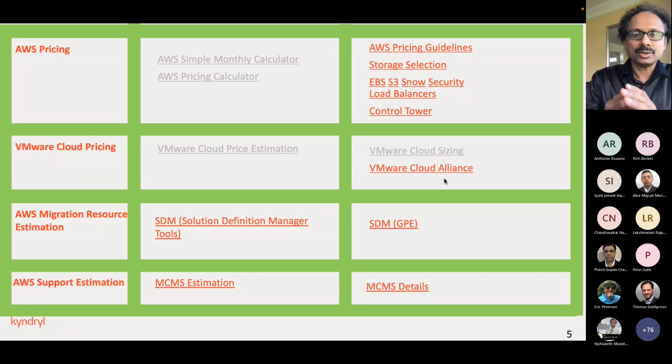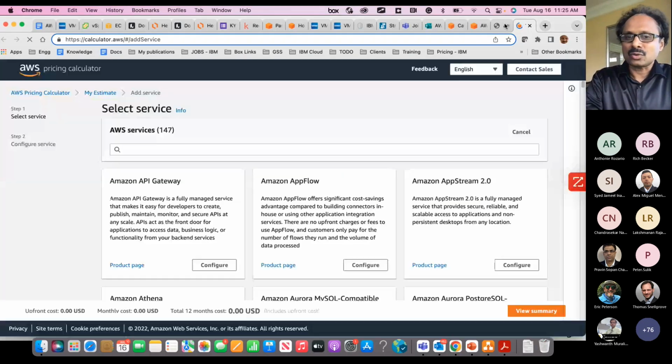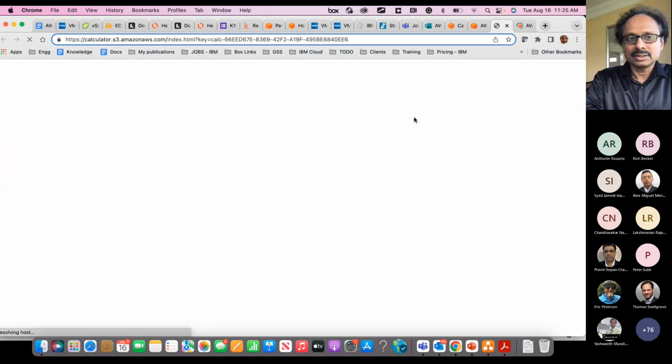I use the two calculators extensively to estimate the monthly or yearly charges the customer will face once we migrate the workload from on-prem to AWS. These calculators are very easy to use, and it doesn't take much time to get familiar with them.